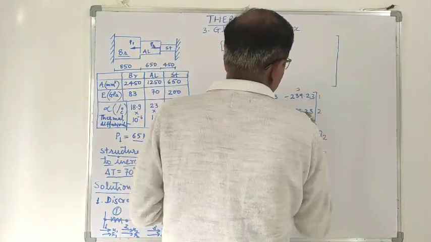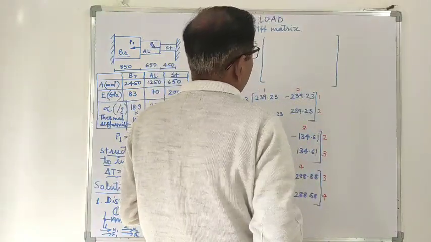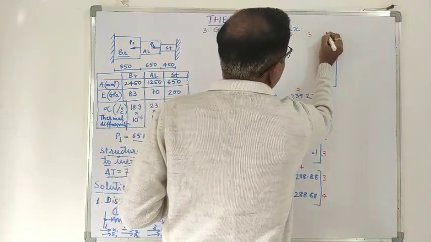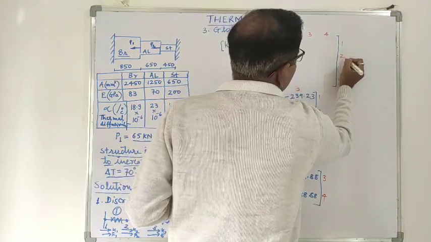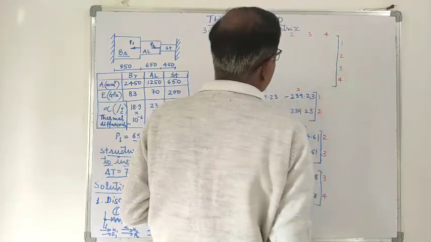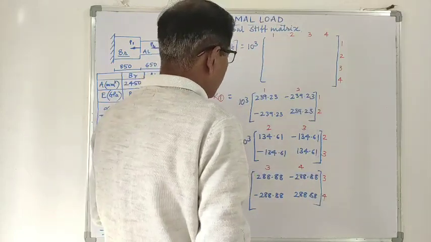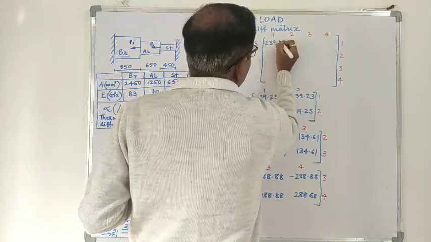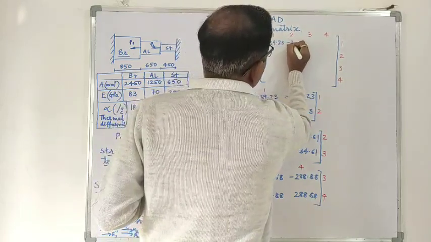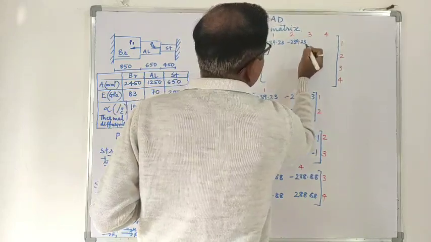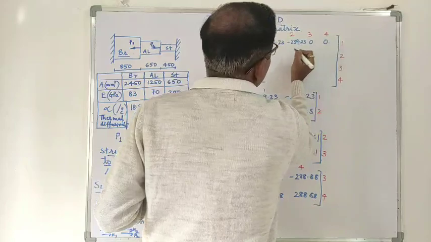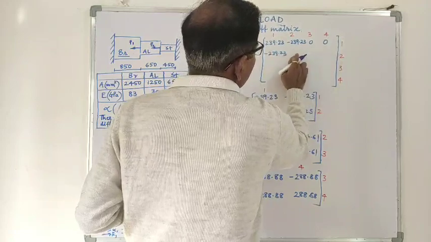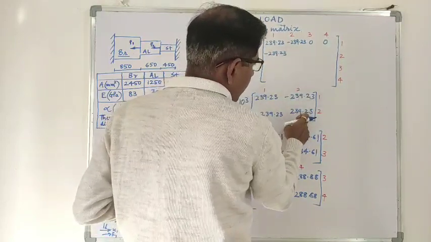It will be a 4 by 4 matrix, with indices 1 2 3 4 along rows and columns, and the values will be 239.23, minus 239.23, 0, 0, minus 239.23. Add this at 2, 2, there will be two values, that is 239.23